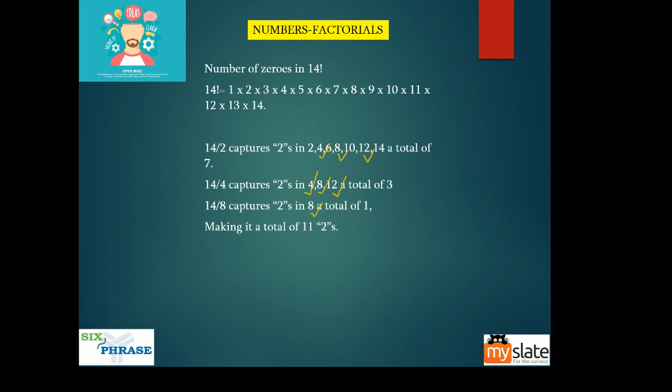Now remember, we don't actually need to find the number of 2s. Don't lose sight of our question. The question actually wants us to find the number of zeros. But here we are finding the number of 2s. There is a reason why I wanted you to do it. I'll get to the reason later. But right now what I want to do is apply the same technique.